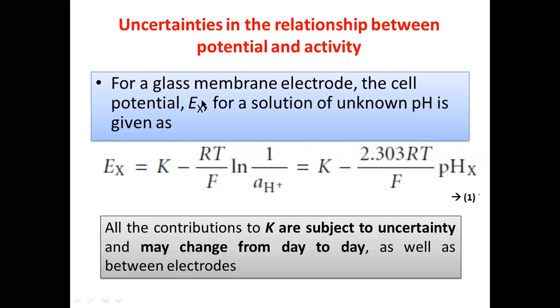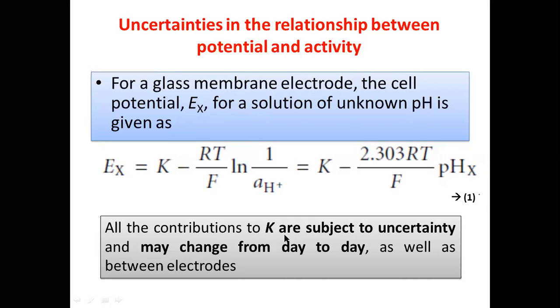Ex, the E cell that we measure by means of the glass electrode for any solution of unknown pH, is equal to K minus RT by F into ln 1 over activity of H+, which further simplifies to K minus 2.303 into RT by F into pH of X, where pH of X means unknown pH. Let it be equation 1,